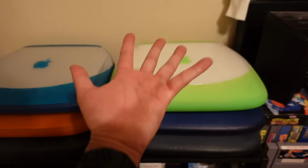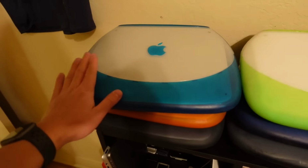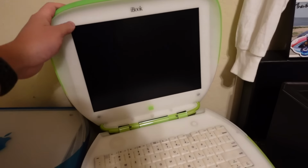You can only appreciate the color if you're a true virgin. But yeah, I just want to keep on telling you guys how much I love this design. This is also the least rare one, the most common one, and this is the most rare one. I really overpaid for this on eBay. I think I paid